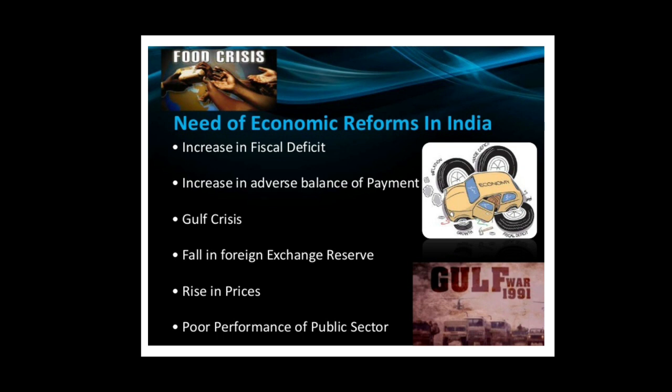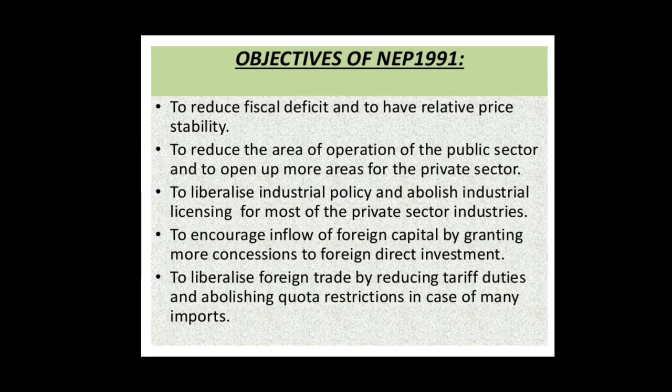International agencies, that is World Bank and IMF, however, expected India to liberalize and open up the Indian economy by removing industrial and trade restrictions. India agreed to the conditions of the World Bank and IMF and announced the new economic policy, which consists of a wide range of economic reforms. The main objectives of the New Economic Policy 1991 were to reduce fiscal deficit as it was very high